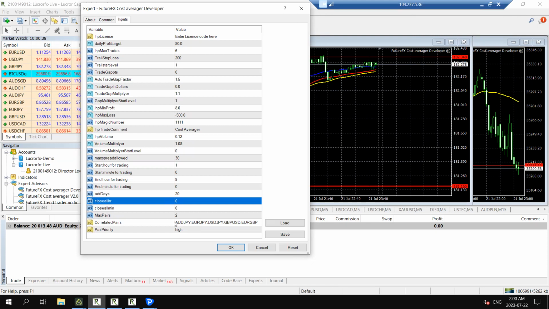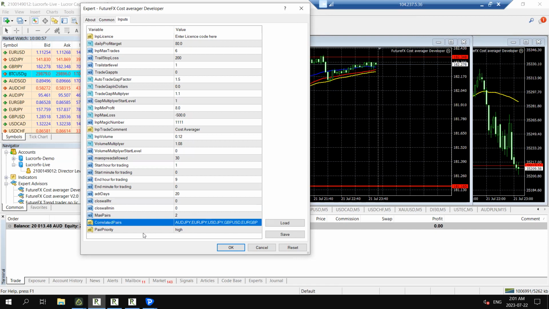All right, so if you have the software on another pair and it shares a currency with this pair, then you should put those pairs in here because they will be fairly closely correlated. That's not 100% how correlation works, but it's good enough for this